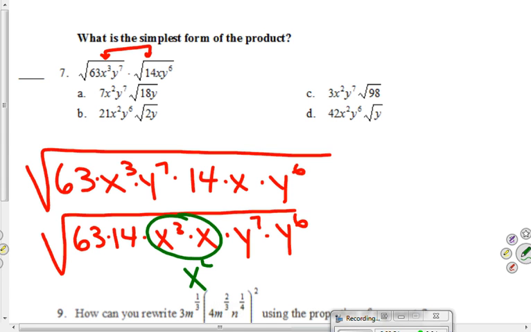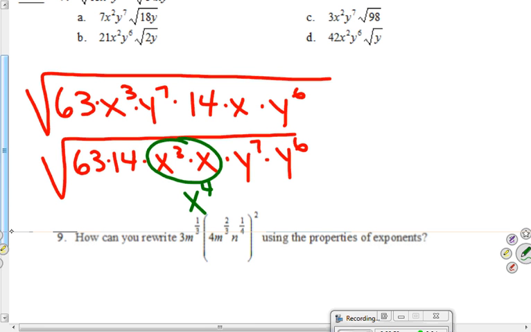That's going to be x to the fourth because you add exponents. X to the third times x is x to the fourth. It's like there's a little 1 there. Y to the seventh times y to the sixth is y to the 13th. Again, we add exponents. Now, 63 times 14 is a big number, and I'm actually not going to multiply them